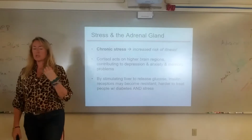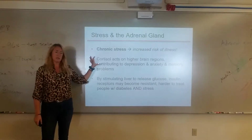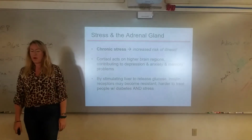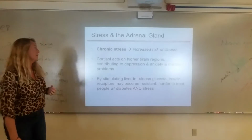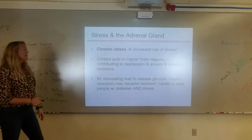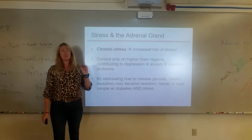So things like dementia or forgetfulness: a lot of times when there's a lot of chronic stress, people will have mood and anxiety disorders and have problems recalling things or memory deficits. So by stimulating the liver to release glucose, what happens is, the liver is releasing lots of glucose because